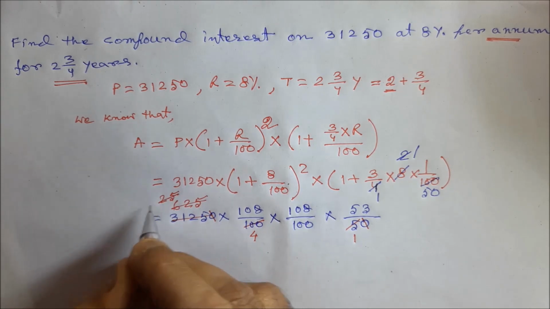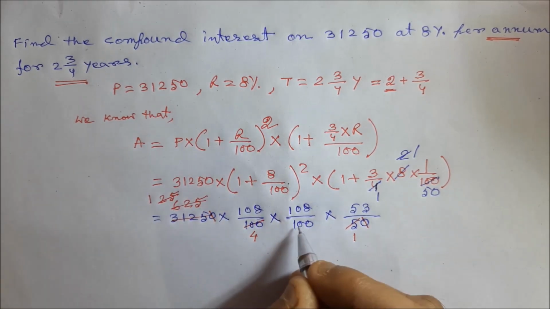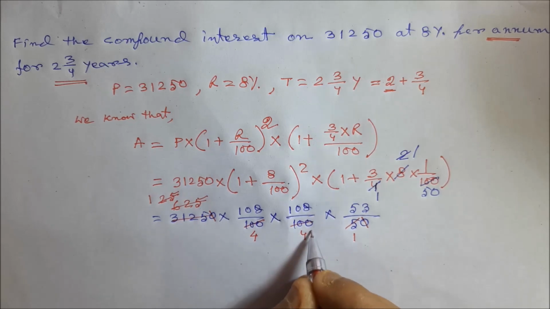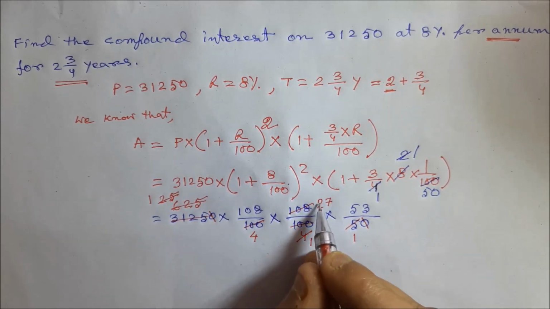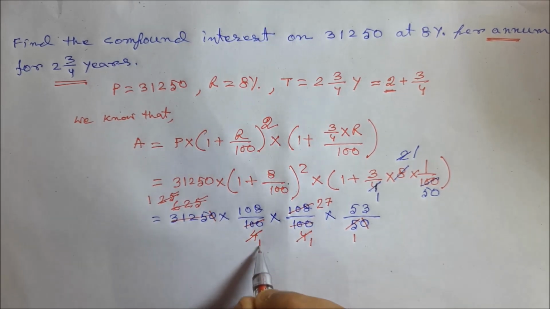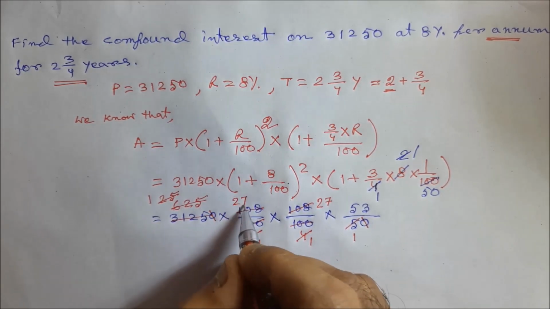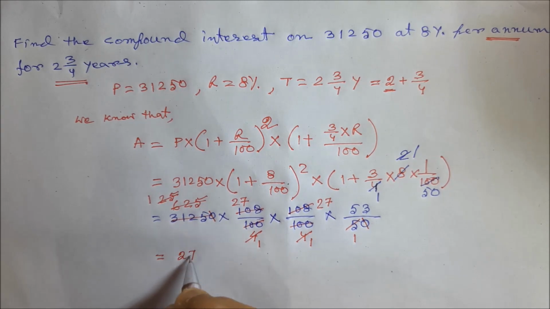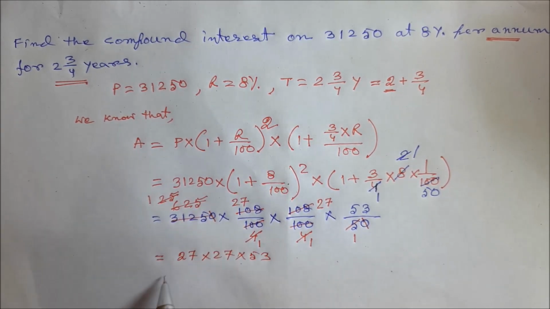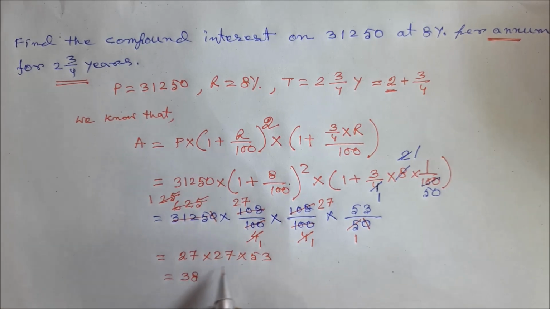Next again 25 1s are and 25 4s are 100. Now divided by 4, so 4 1s are, 4 2s are 8, 4 7s are 28. Same concept will be applied over, so 27. Now write it down perfectly. 27 multiplied by 27 multiplied by 53. So what will be the value? If you multiply this, you will get